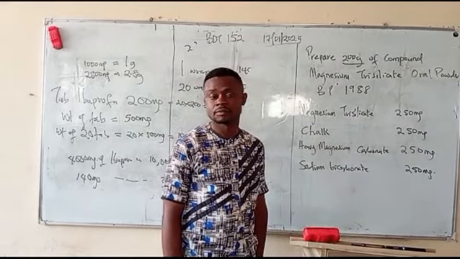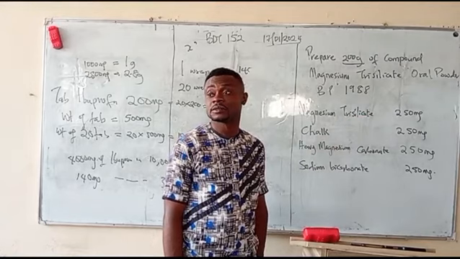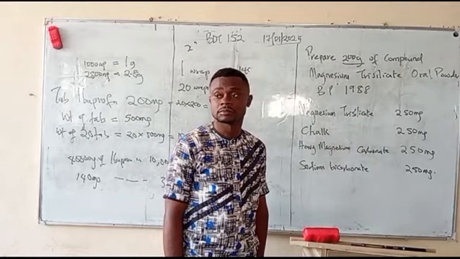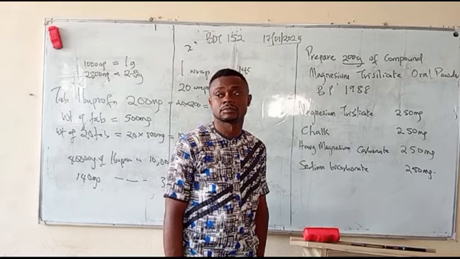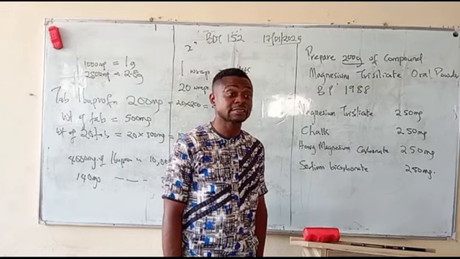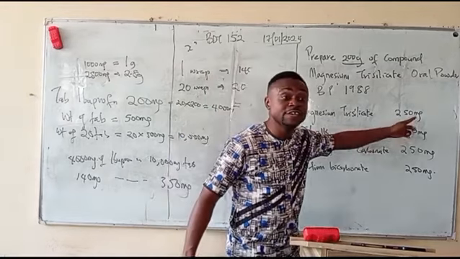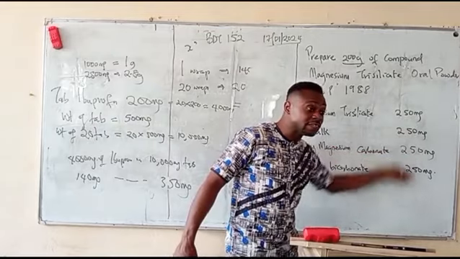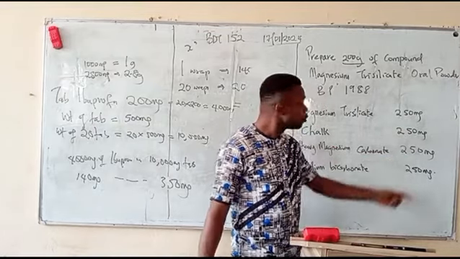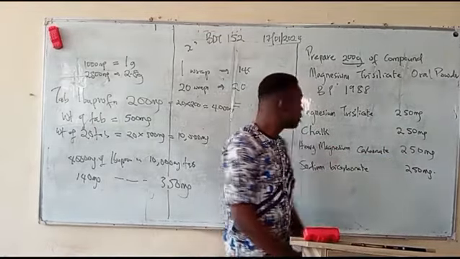50,000 what? Move it to gram. 50 grams, right? Yes. So for each of them, you need 50 grams of each of these to be able to produce 200 grams. Yes, because if you do it now,